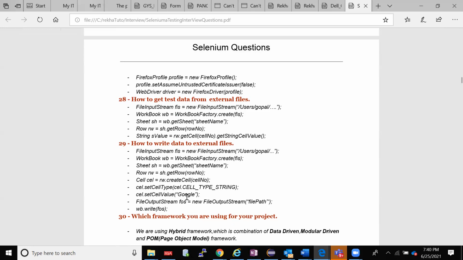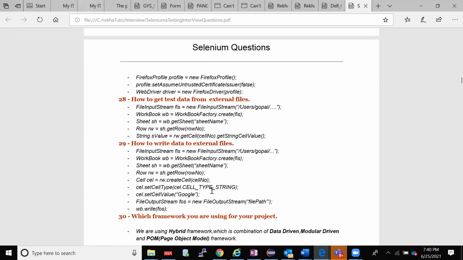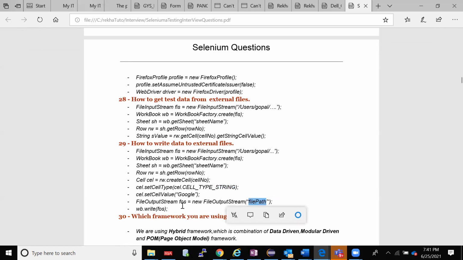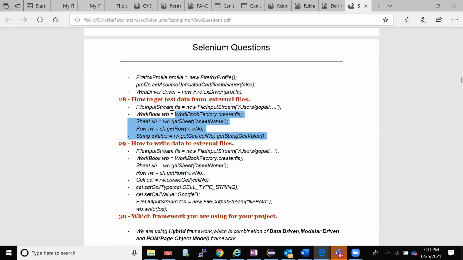You set the type, a string type or something, and pass it to the cell. Then you'll type whichever value. I'm passing a string, so I'm passing it as Google. Then you'll create a FileOutputStream, give a file path, and write. Anyways, they'll most likely not ask you this, but they will ask the reading part. So I have covered this. Just read it once.